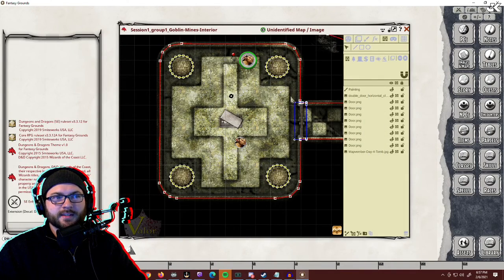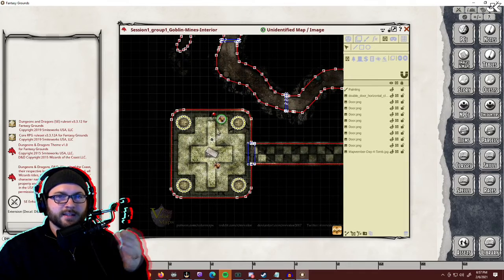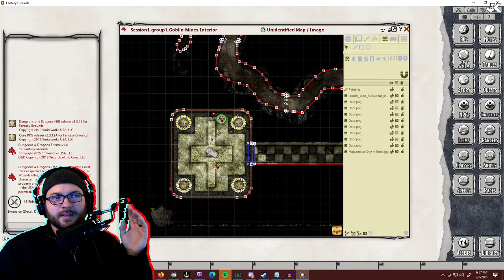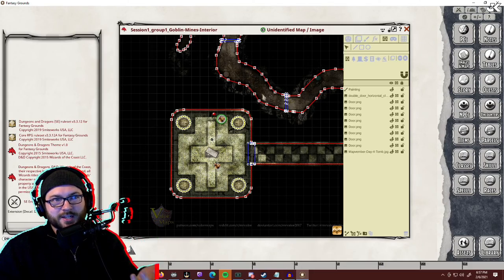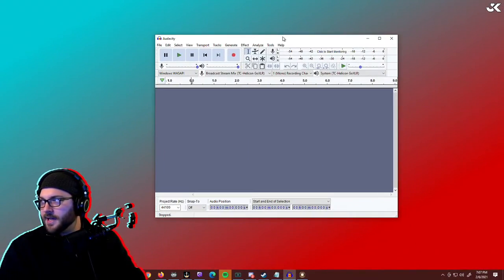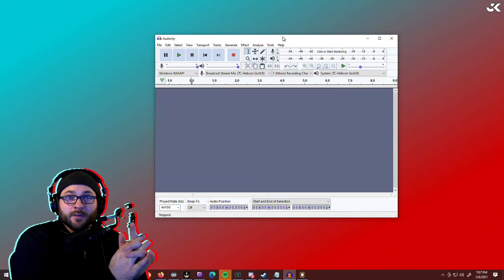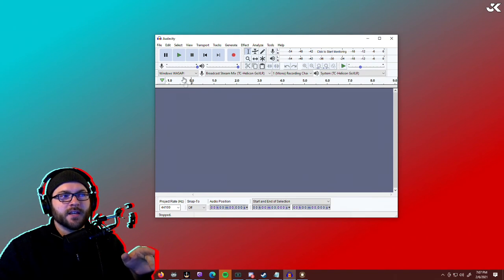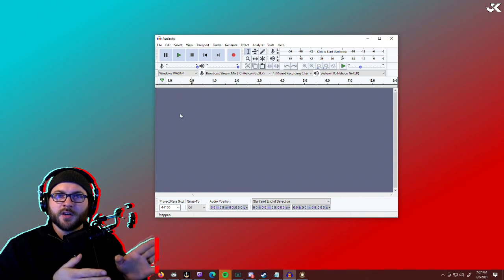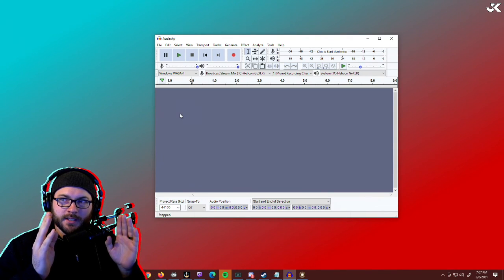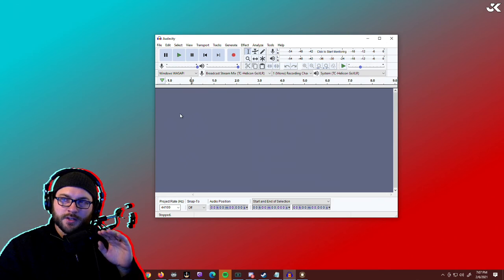I do the fights, I kind of get the ideas of where the players can go and where they hop around to, but that's the prep of the session. So all the players have Audacity, which is a free audio recording program, and in every session, each player, including me, starts recording their own audio from the start of the session to the end of the session, and then they all start that. Then the session is played.